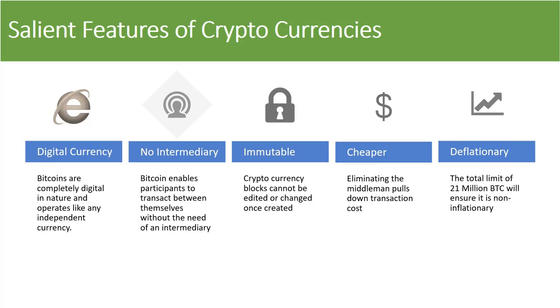So why is being deflationary important? It's simple. We do not want a currency that can become the Zimbabwean dollar again. We want to ensure that the value of the currency keeps rising, and the fact that it is divisible to the factor of 8 ensures that you can still transact using these Bitcoins. There is an economic side to this which we will look into in a different video.